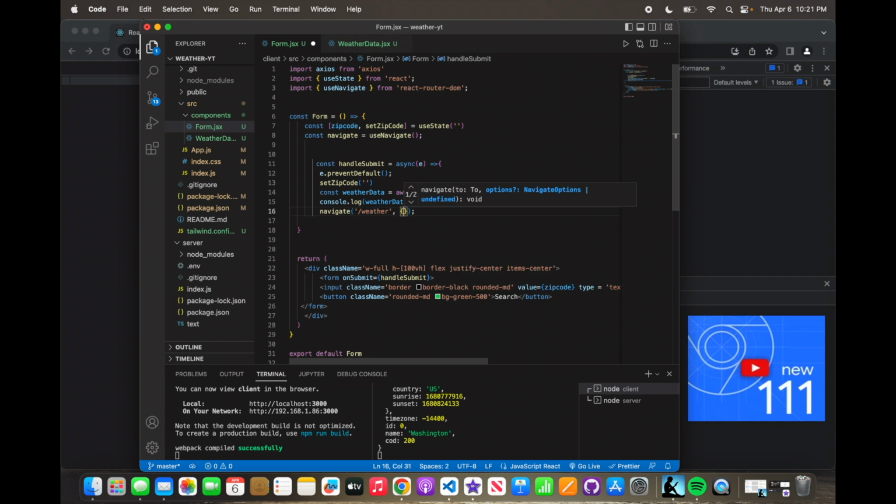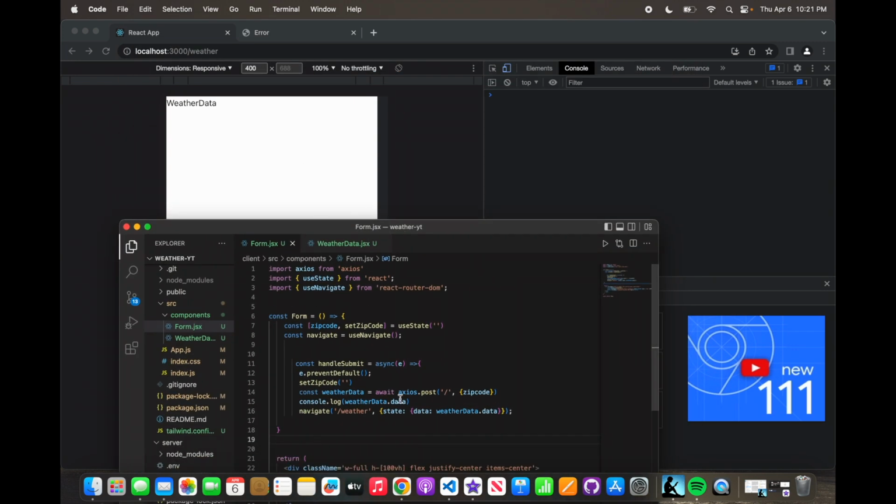Actually, we're going to put in an object, and then a state property, and I'll explain this in a second, with another object, and then data: weatherData.data. So anytime we go to this route /weather, we're going to pass in the state property, which is basically passing a prop saying data is the variable for weatherData.data. When you console log weatherData.data,